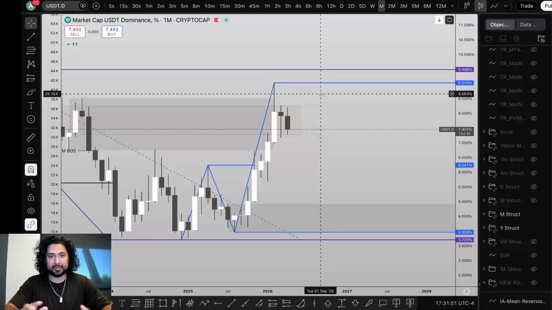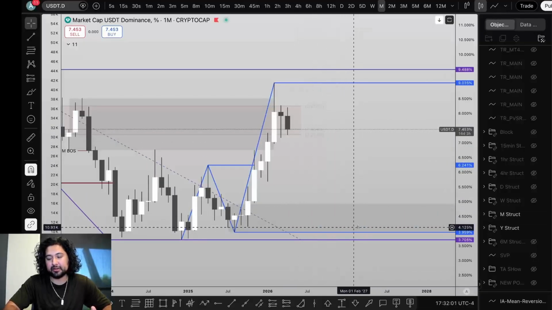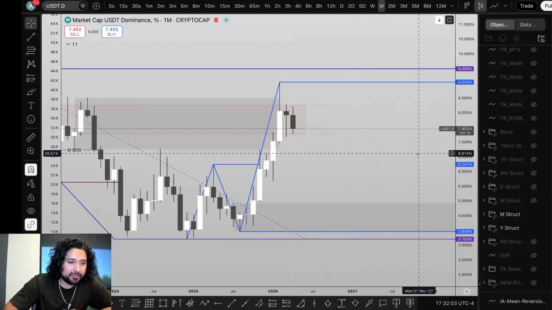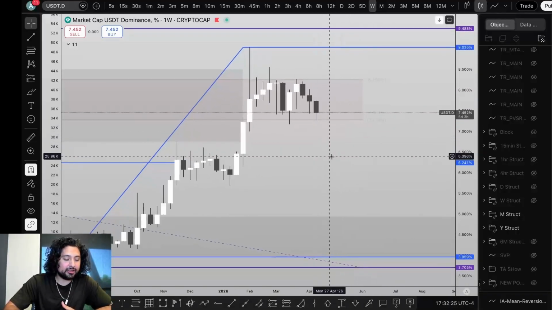A lot of people are anticipating Bitcoin to go to the 90k area. I do see the possibility of going to 110. If we go to 110 and then we reject, we'll most likely be down here. But anyways, this is the monthly. Now we are zoomed in on the weekly time frame. So as you can see on the structure,